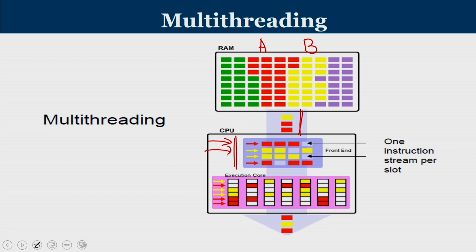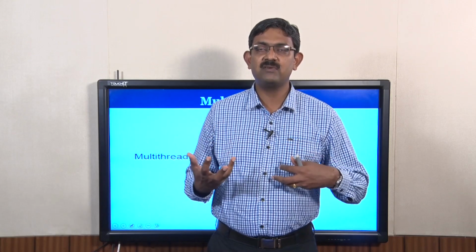So I will rephrase multi-threading once again. Imagine you have multiple programs that are stored in your main memory, and your processor has a lot of functional units. Sometimes all the functional units may not be needed as far as one program is concerned. So in one clock cycle, I bring, let's say, 4 instructions from one program A, issue them, then they are going to execute. In the next clock cycle, rather than fetching from A, I am going to fetch from B. So any dependency between instructions of A, because of this switching between instructions, that also will take care of your normal stalling. So this switching that happens, that is what is known as multi-threading.